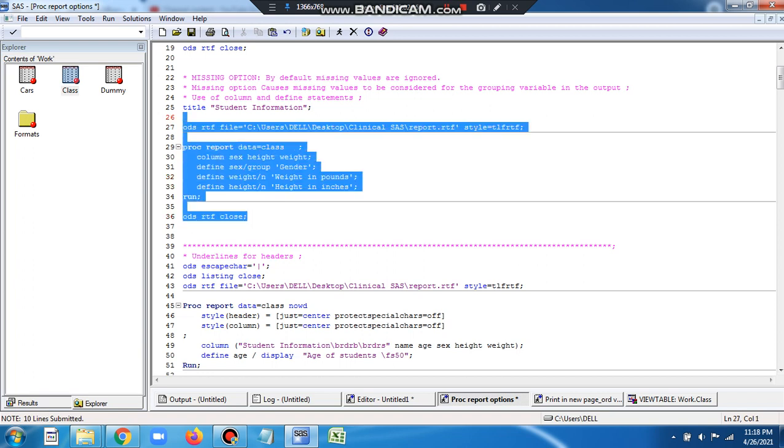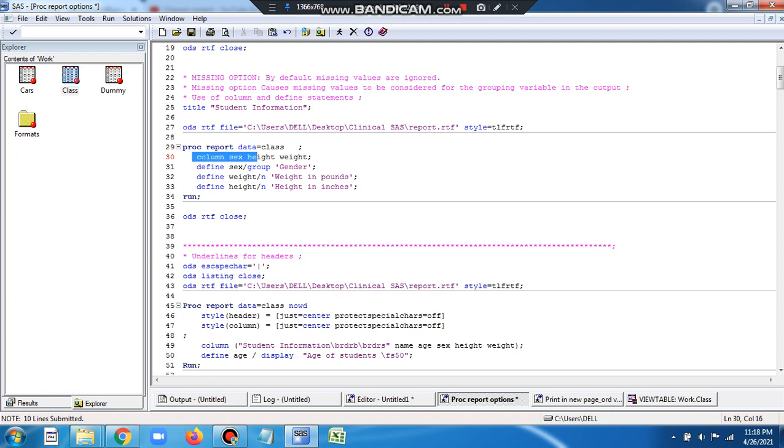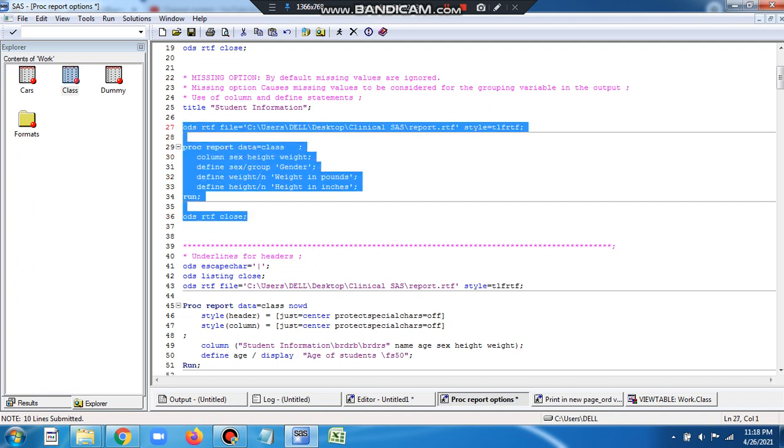When you run the report, the column statement tells you what variables are to be selected, and the define statement defines how the variable should be used. Here sex is a grouping variable, and weight and height are used to generate the count, the number of students for weight and the number of students for height. So when I run this report,